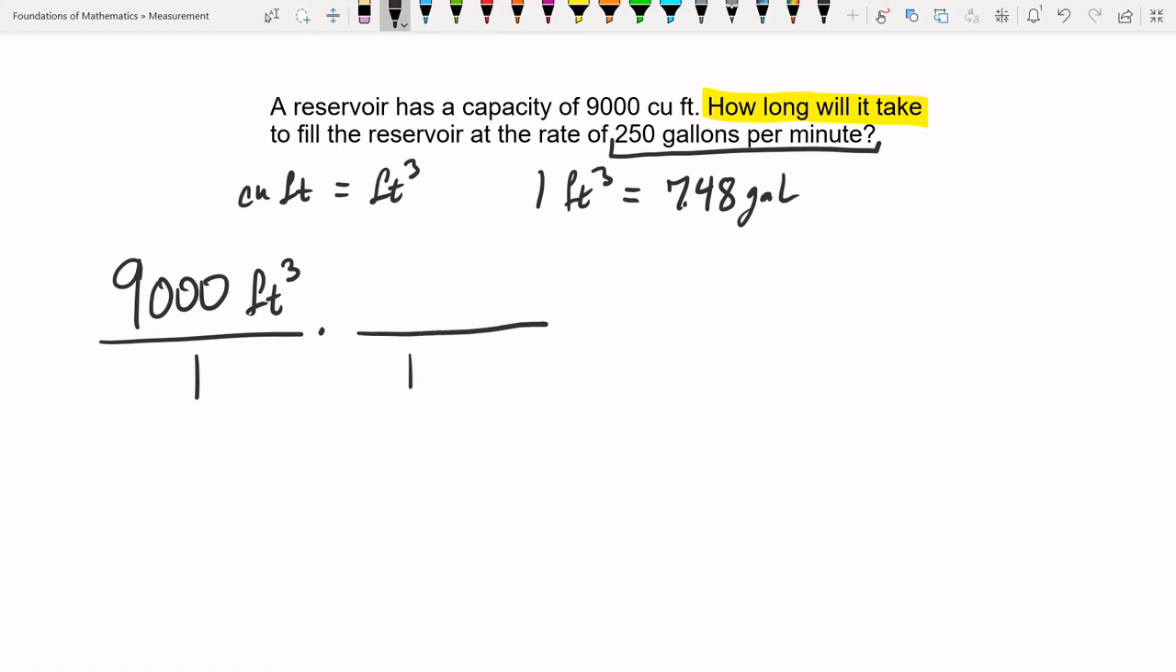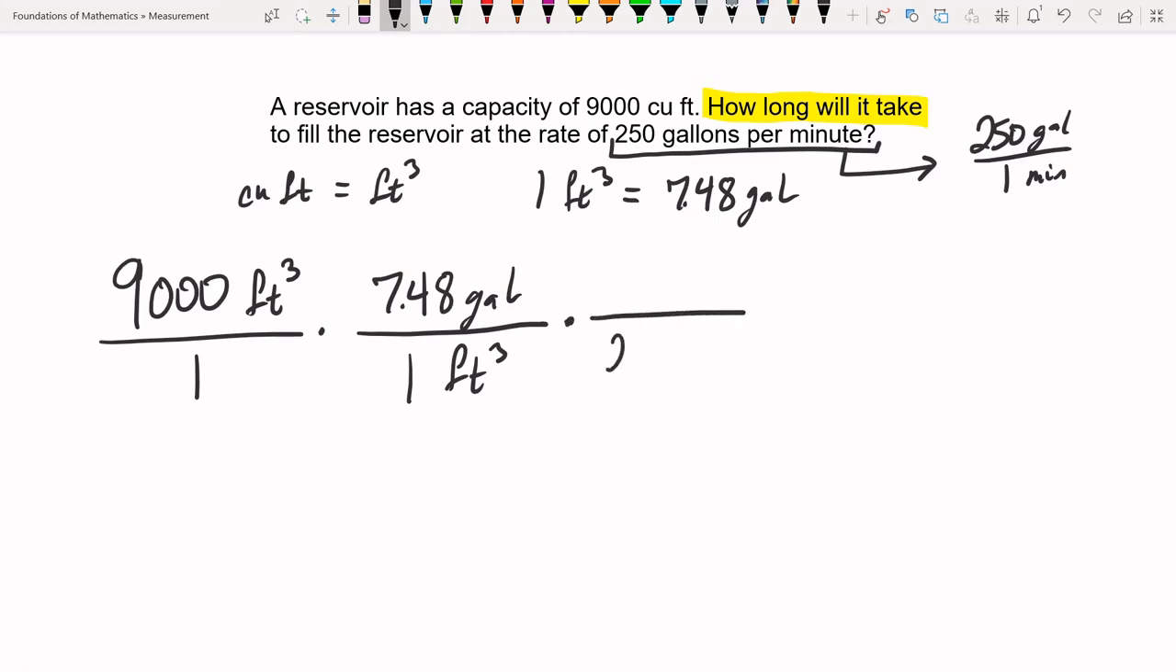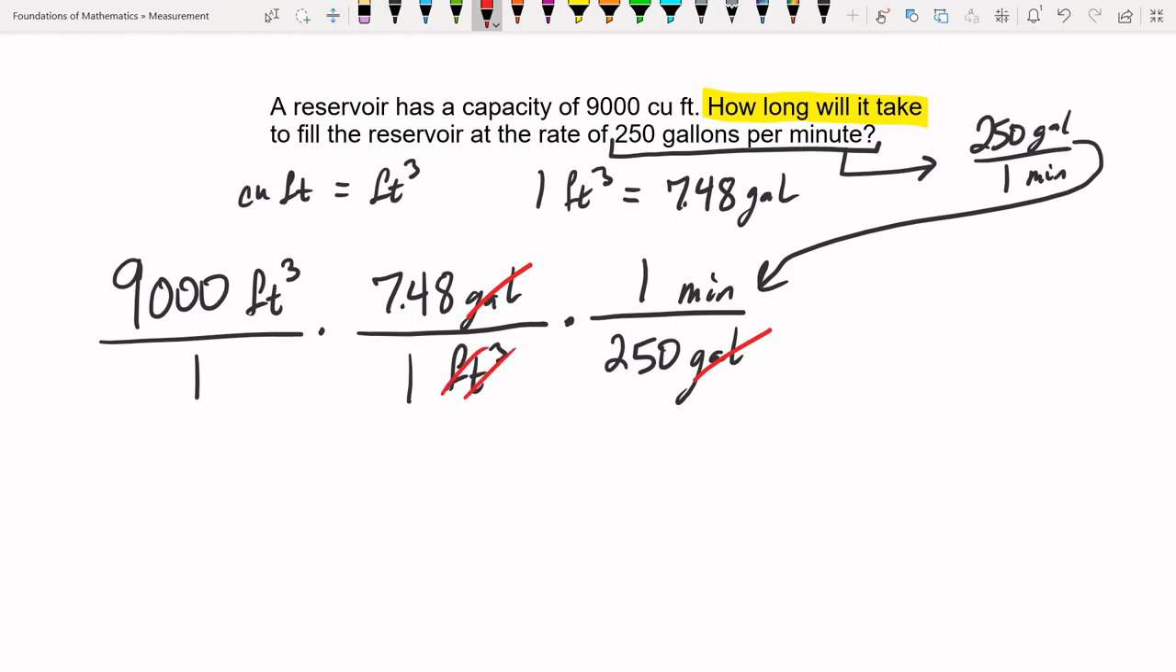So I'm going to multiply it by 1 foot cubed over 7.48 gallons. Now I can use this ratio here, which says 250 gallons per 1 minute, and I can put it in here like this. All I've done here is just flipped it. And the reason why is because now gallons cancel and feet cubed cancel, and the only unit we have left